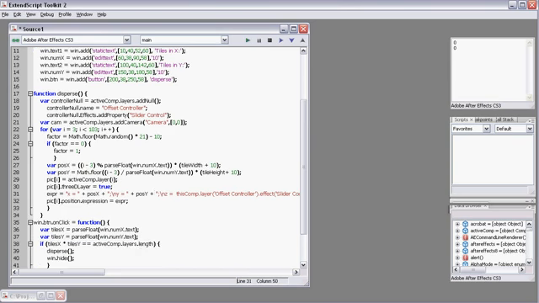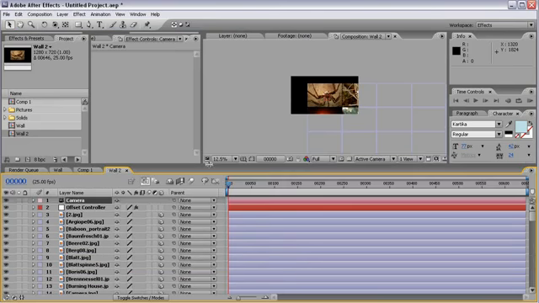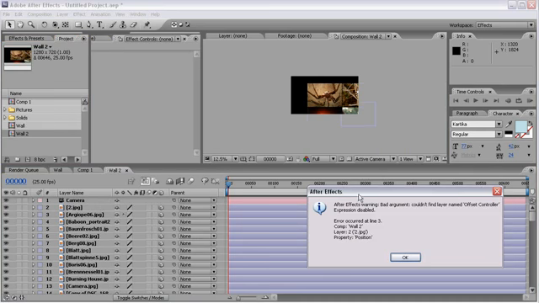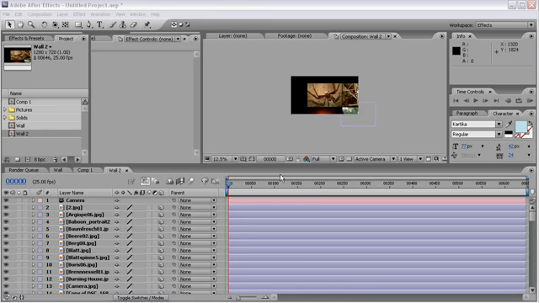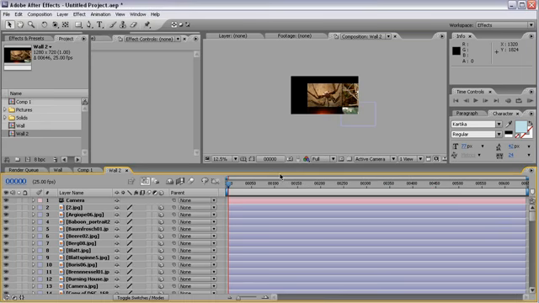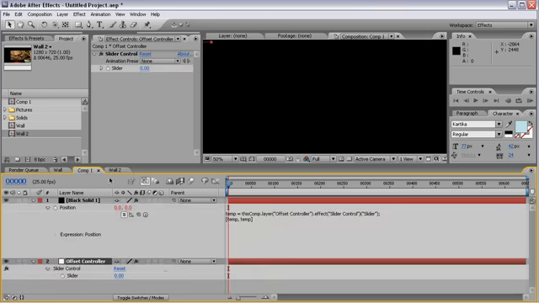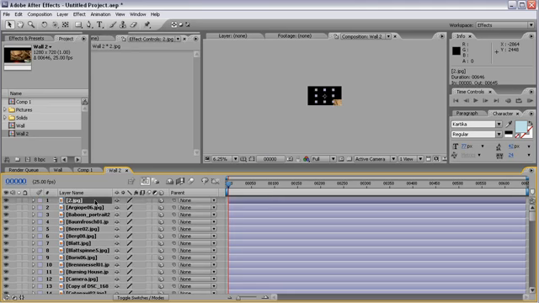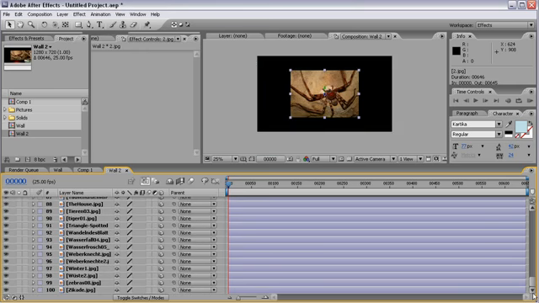x. And there's one thing that I should have done prior to executing the script, and that is duplicating my wall. The reason for that is, if I delete the offset controller, I will get 100 error messages that the expression is no longer linked to the offset controller. So this is something that I really love about After Effects. But once you click through all the error messages, you'll be fine. And let's just delete the camera, because if we have the camera still in there, we'll have 101